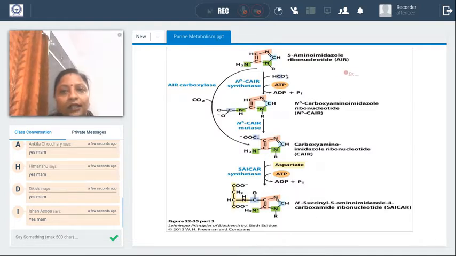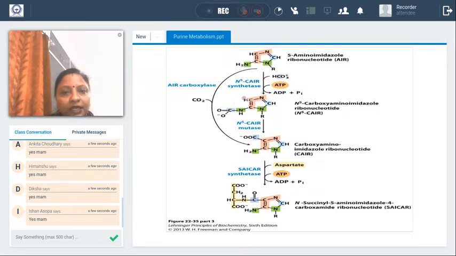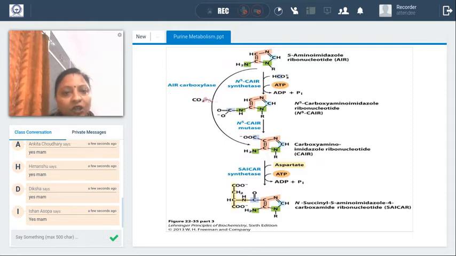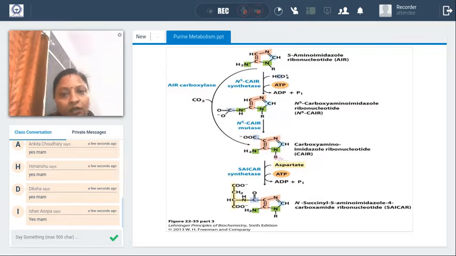Yes, from AIR, that is 5-aminoimidazole ribonucleotide, we can say this is the enzyme N5-CAIR synthetase. Again, the enzyme here is AIR carboxylase, which means incorporation of CO2. That gives the carbon in position 6, C6. In the first step, the enzyme N5-CAIR synthetase converts AIR into